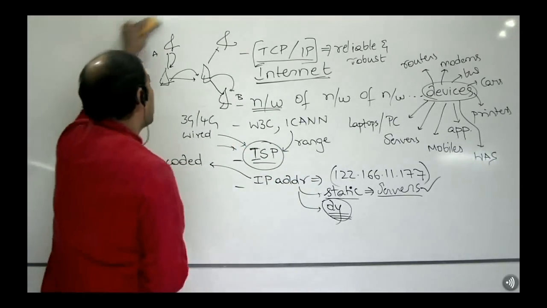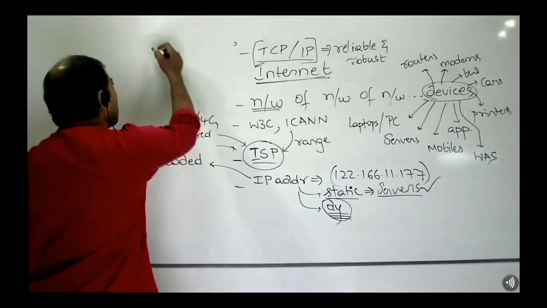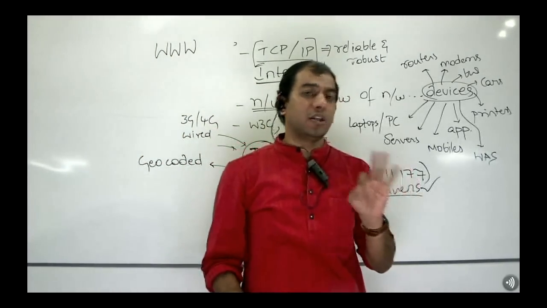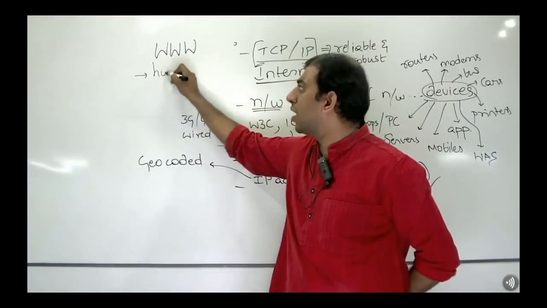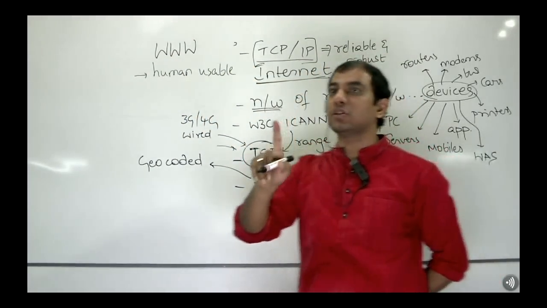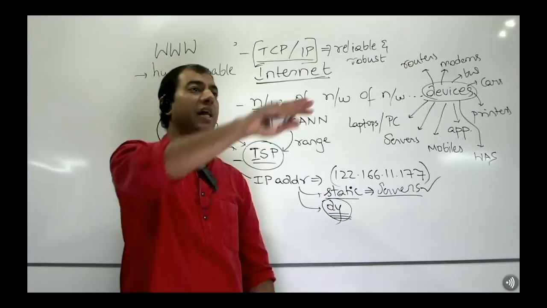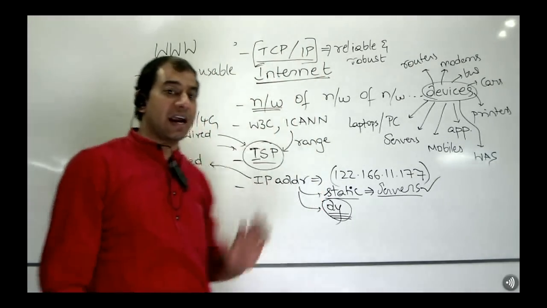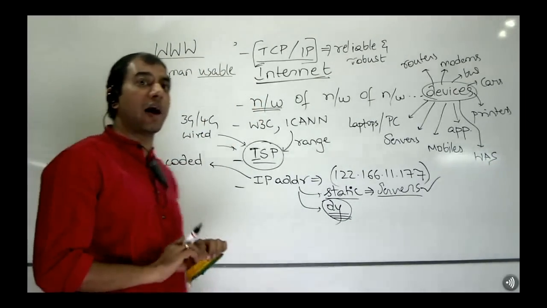That is why the need was to humanize the internet. And that is when the World Wide Web was coined and created. The World Wide Web was invented for only one reason: to make the internet human usable. Who was still able to use the internet were machines. Machines, systems and programs built for the internet were able to use it, but humans were not able to use the internet for a couple of decades. So to humanize the internet, what was invented was the so-called World Wide Web.